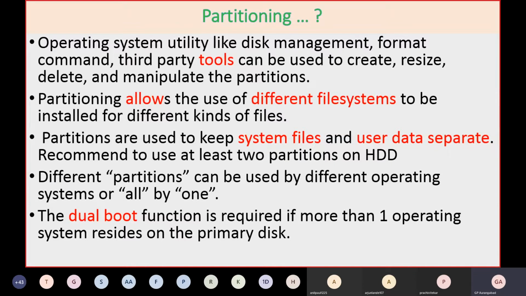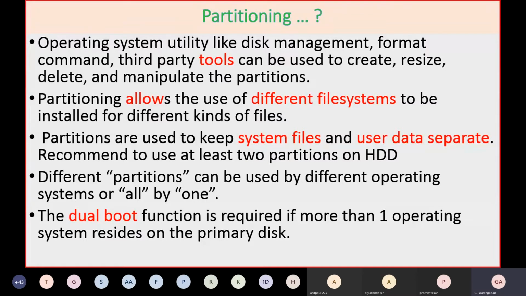Then whatever data you create, you can keep on the D drive. All your folders and files you can keep on the D drive. And if you really want to keep certain important data, or maybe you are interested in music or movies or the like, which are relatively large files, you can have another partition for it. At least, what is the advantage of using two partitions?